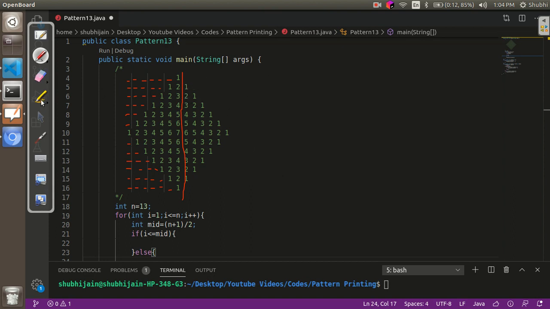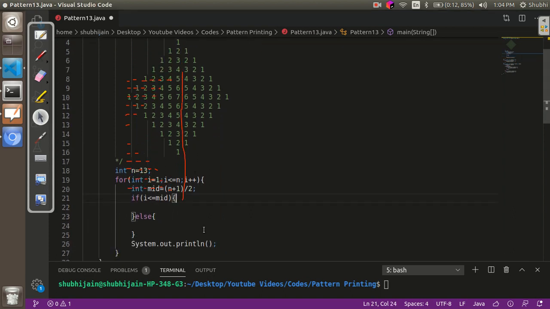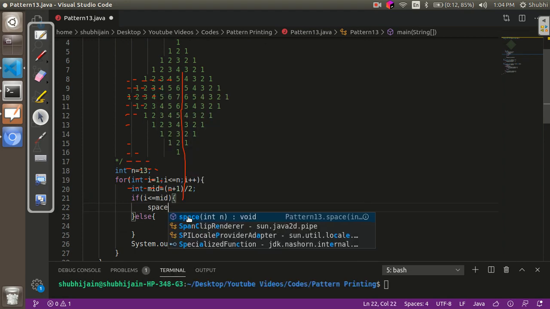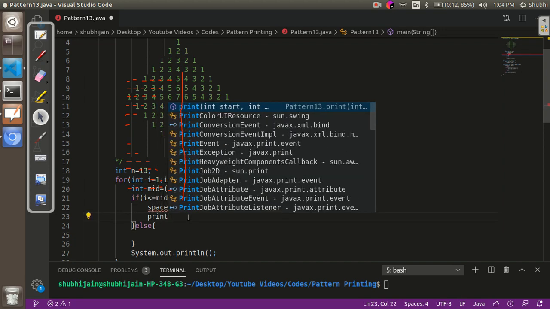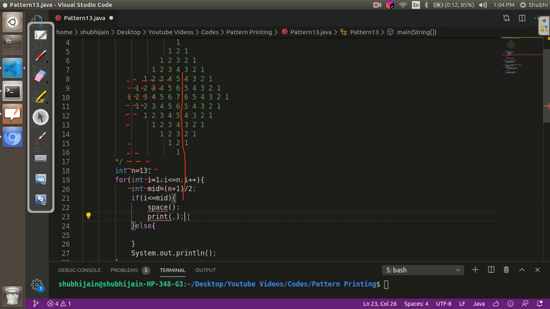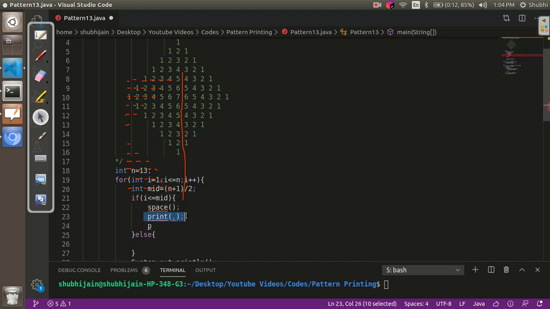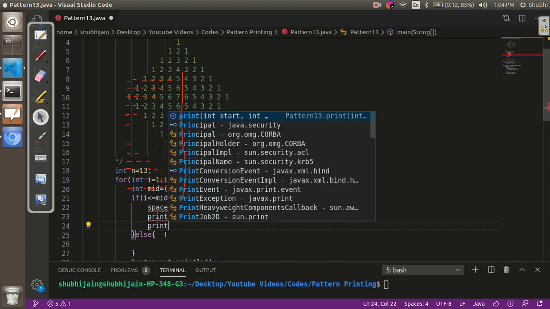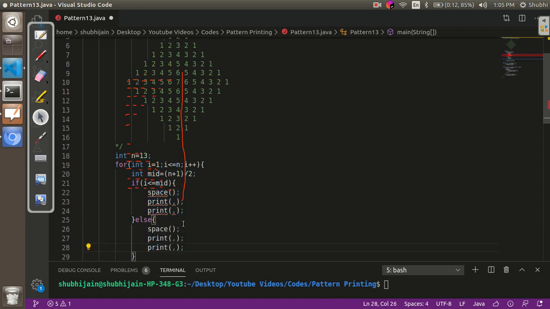So from here we can tell a few parts of the code. Like for both the parts, first we'll have to print some spaces, then we'll have to print some numbers ranging from a certain number to a certain number, and this part will be for the ascending order, and then again we'll have to print some numbers in the descending order, and the same thing has to be done in the else block.